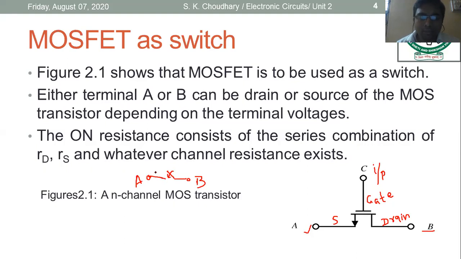Okay, and this is the switching terminal point. If this switch is open, no signal would be passed from A to B, so it is generally called an off switch. But if this terminal is closed, if the switch is closed here, whatever signal is available at A would be passed to B. Okay. So the main role of the switch is to pass the signal from one terminal to the other terminal.